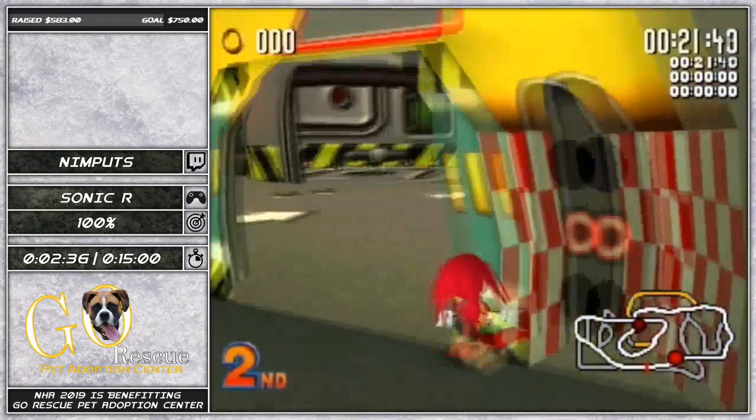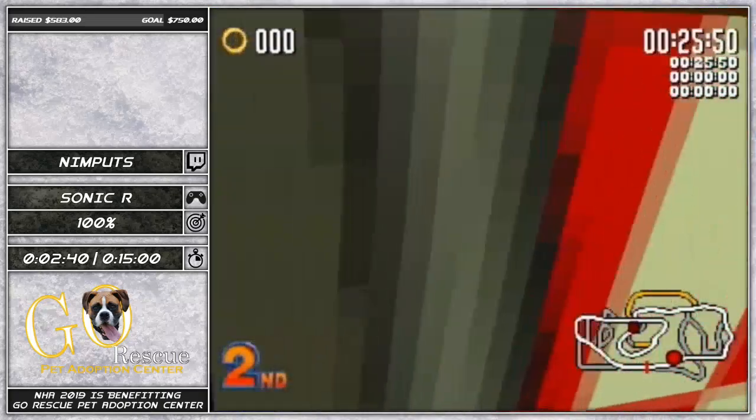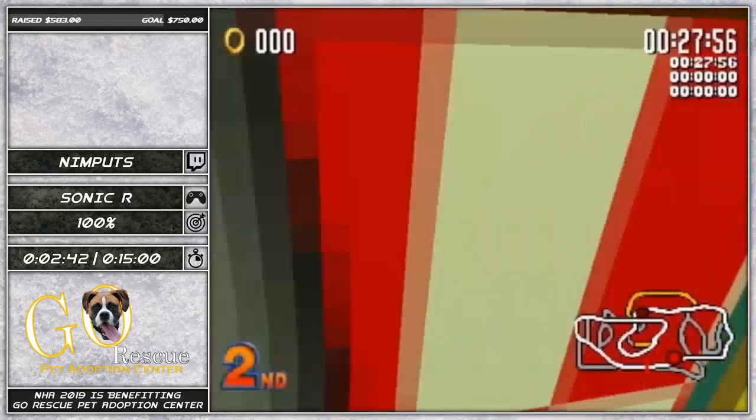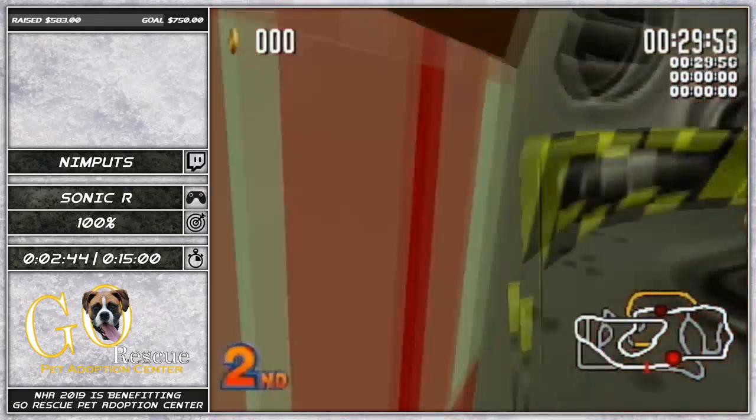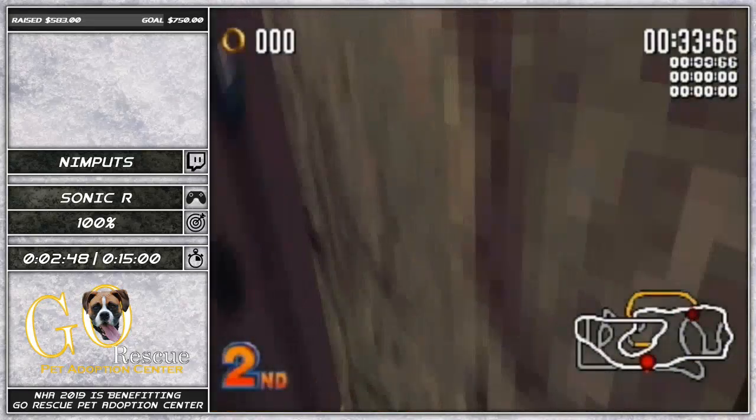Why does this always happen in marathon runs? I swear, this is consistent. This is not intended. There we go. Okay, we're out of bounds now, so I'm gonna go next to the finish line and do